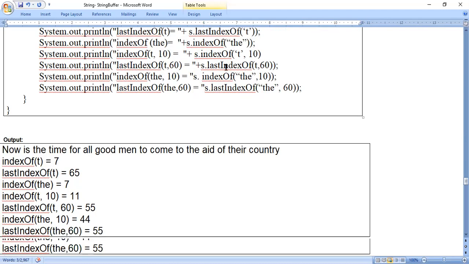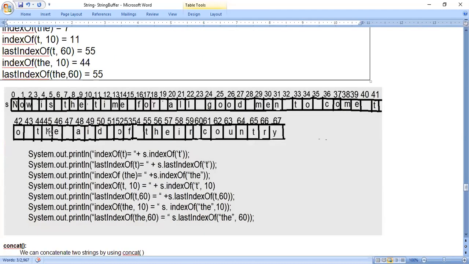So when you start from the beginning of the string, you look at the memory representation: N, O, W, space, I, S, space, T. So T is at location 7. Understood? T is at location 7. See, many times T is repeated here. If you look at the